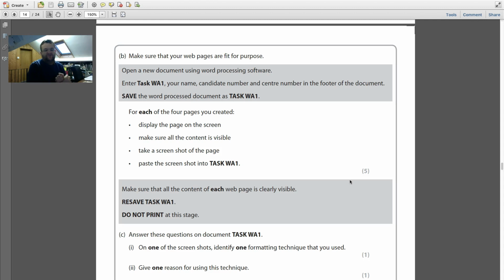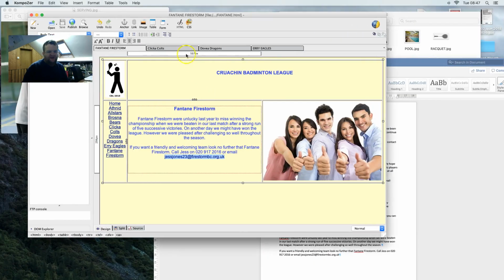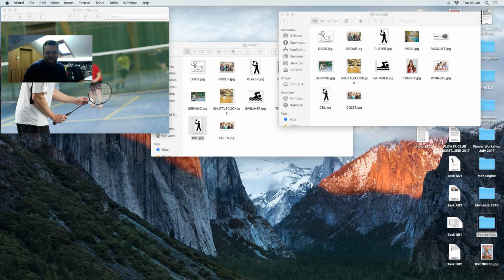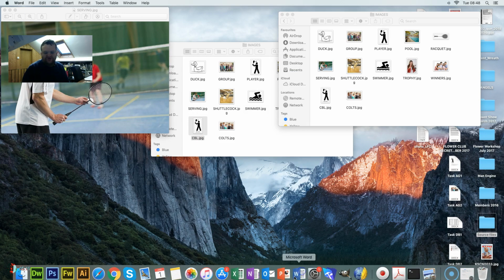name, for each of the 4 pages, display the page on the screen, make sure its content is visible, take a screenshot and paste it to WA1. So you need to show it as from your browser. So I'm going to close all that, I'm going to close that, and then going to go to a